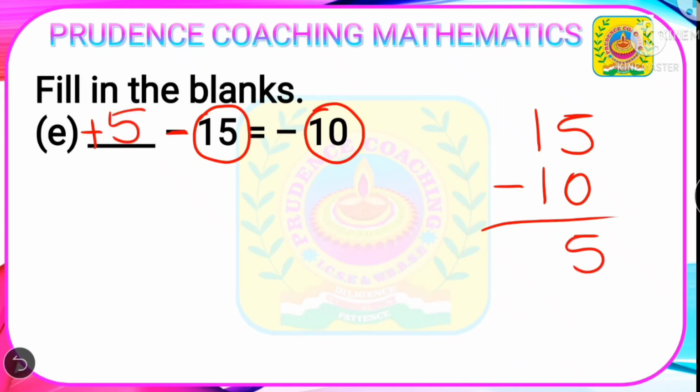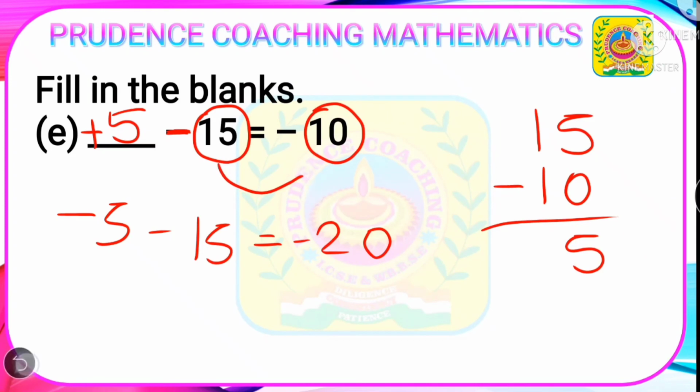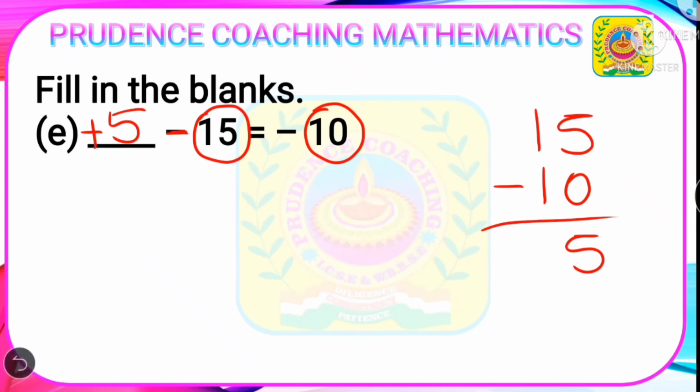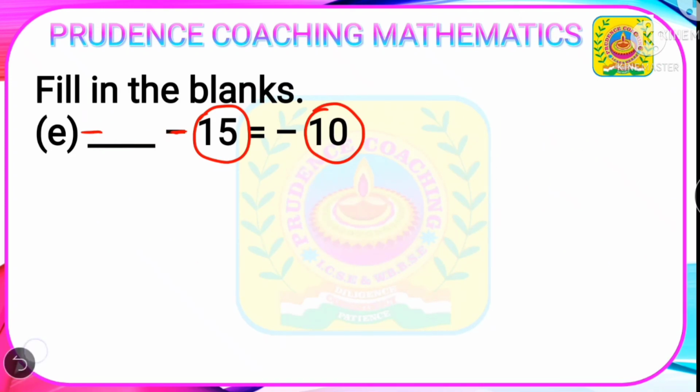Okay, because if you write this one negative, you need to bring this one positive, then only this number is going to decrease. If you had taken minus 5 and if this was minus 15, then it would become 5 plus 15, 20, and negative sign would have come. But this is not required. You need to decrease this number here. I am not saying the sign. Leaving the sign, you just see the number. So here the answer will be positive 5.